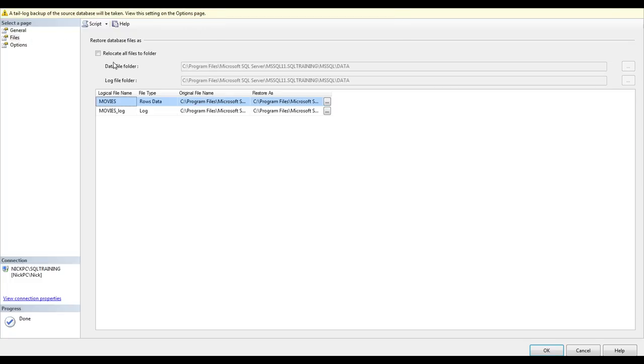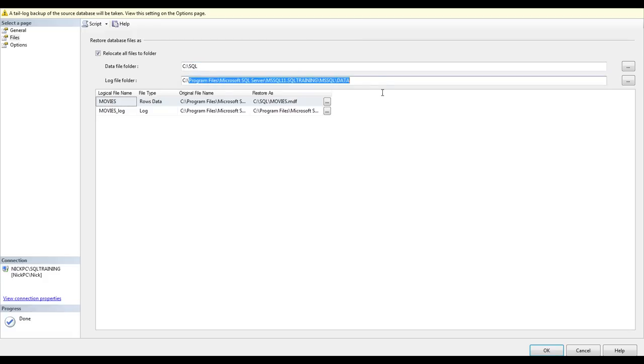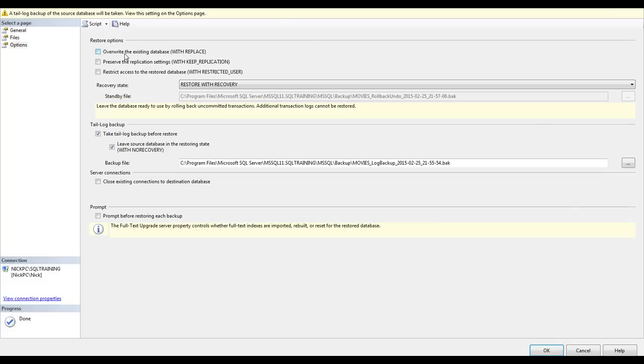Before that, let me go to Files and reallocate this information on the SQL folder. And I want to rename the data and log files to prod2 and prod2 underscore log. Logical file name will be the same, rows data and transaction log. Here in the options, I'm going to restore the database with recovery, so it means I will bring it back online as soon as the restore finishes. And here the option to take the tail of the log backup, and here leave source database in restoring state. I don't want that. I don't want the movies database to be affected, so I'm going to click here,